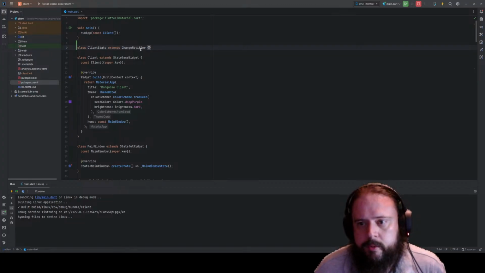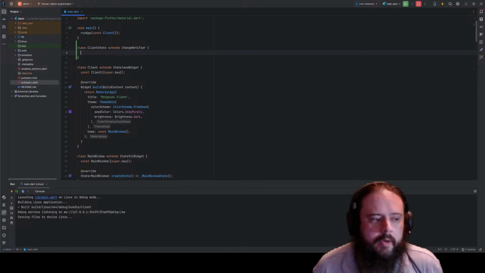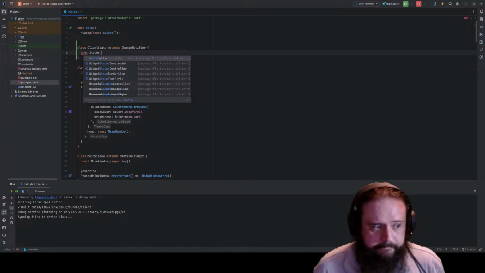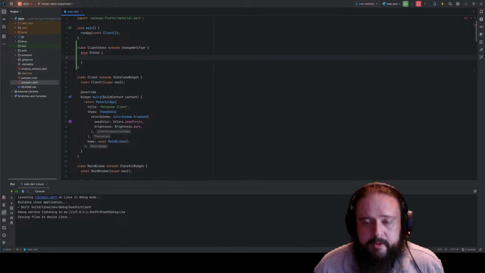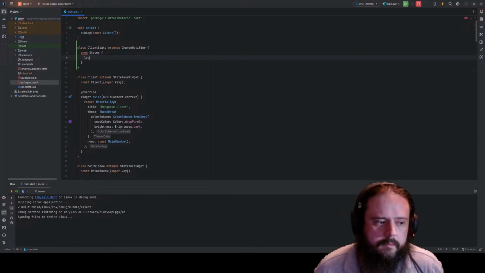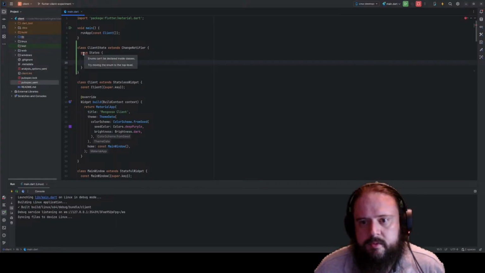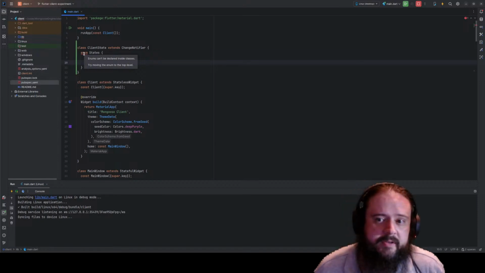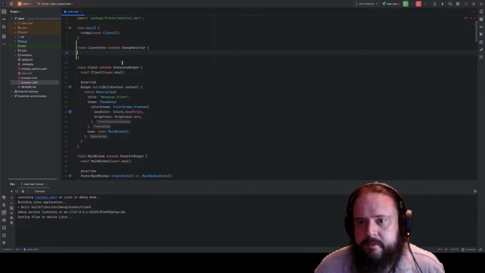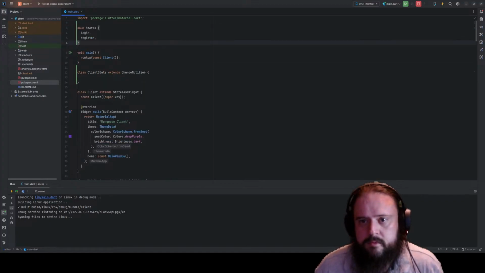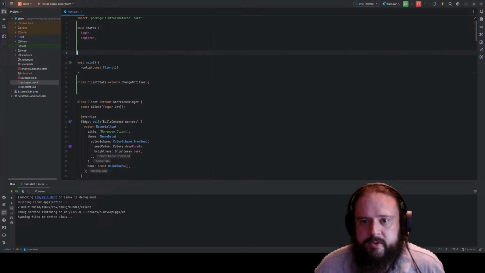So we could do states, let's say, something like this. Enums can't be, oh, right. We need to move you up. Do that. And then I guess we could do,